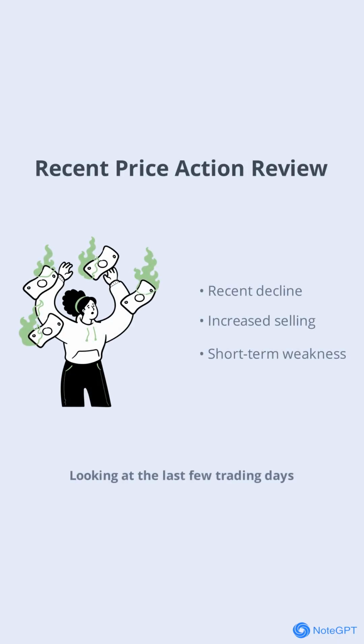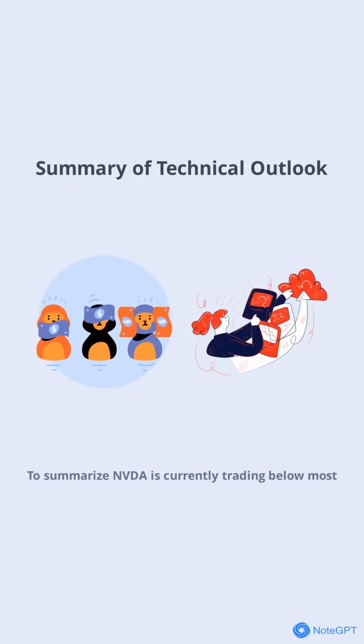Looking at the last few trading days, NVDA has experienced a notable decline from $176.10 on December 17 to $170.94. This drop follows a period of sideways movement and highlights the increased selling pressure. Reviewing recent price action helps us understand the immediate context and whether the current trend is likely to continue or reverse. To summarize, NVDA is currently trading below most of its short and medium-term moving averages, with momentum and trend indicators